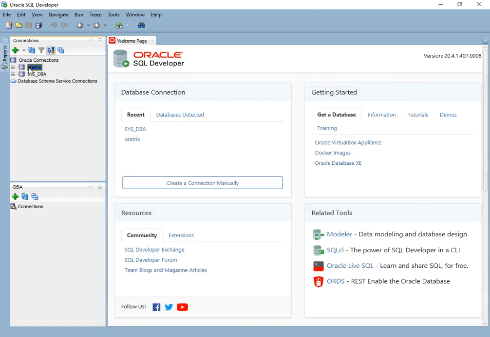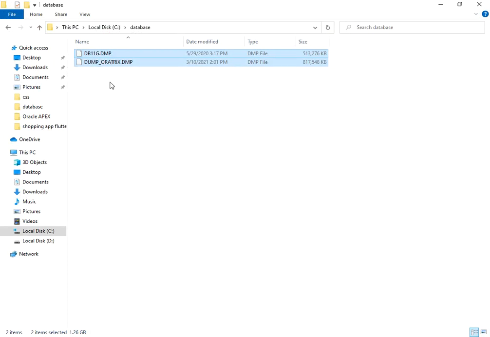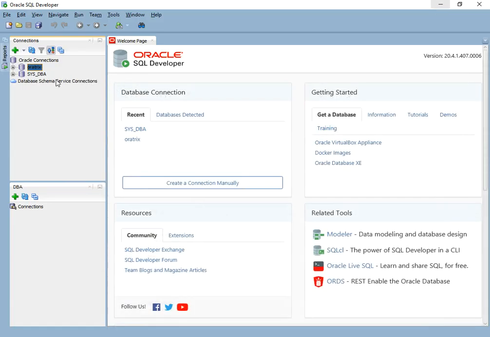Same as that, I have imported my Oratrix schema, which I have created. Now I want all of the data in this file. Any one of the files we can use; let's say for example we use the dump oratrix.dmp file, and we want that data imported into this Oratrix schema.